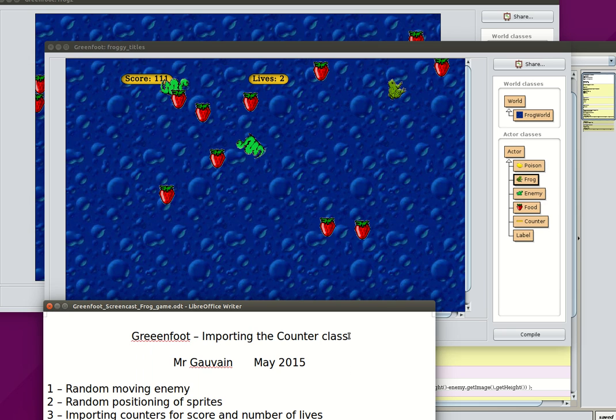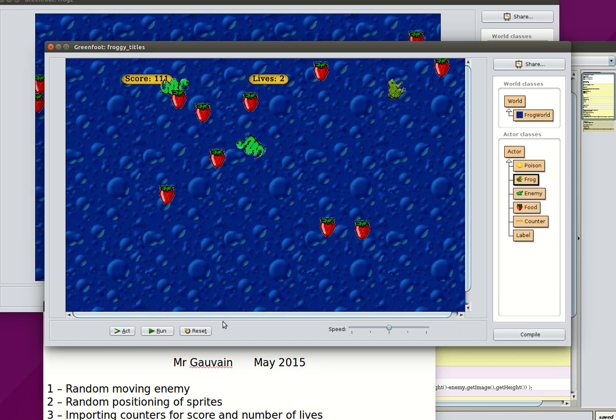Welcome to my third Greenfoot tutorial with the Frog game. We're going to import the counter class in order to create a score counter and also to count how many lives we've got left. Over here there's one version of the game that I've already created, and if I run